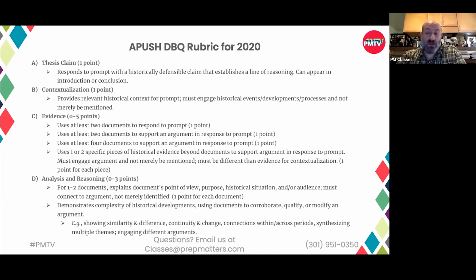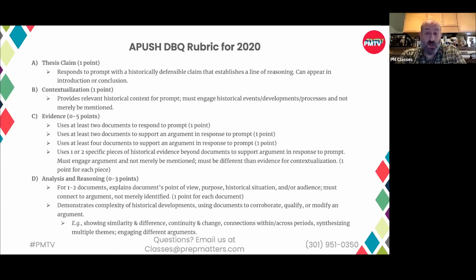Arguing about how World War II changed the roles for women, for African Americans in society, there are arguments there. So that's something you can support with evidence, and that someone else can reasonably offer a different interpretation. Most of my students don't have a problem coming up with a thesis and getting the thesis point. Contextualization, what's going on?